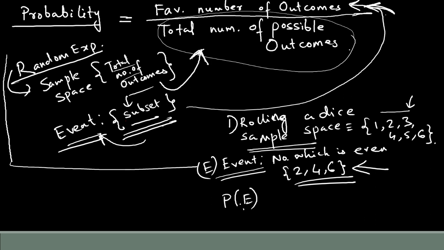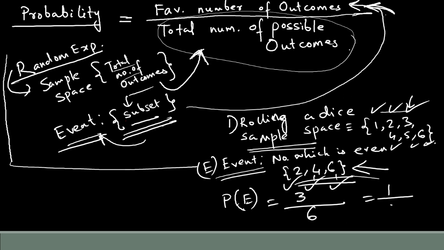You will do P of E, which is the favorable number of outcomes. So how many favorable outcomes? 1, for 2 it's 2, 6 is 3. So the favorable number we will count is 3, divided by the number of outcomes in the sample space. In the sample space how many numbers are there? 1 2 3 4 5 6. So 3 by 6, so 1 by 2. So this is the probability of the event happening, that when you roll a dice it can be an even